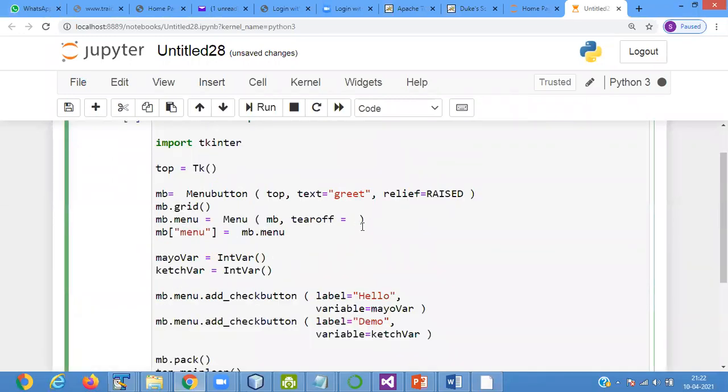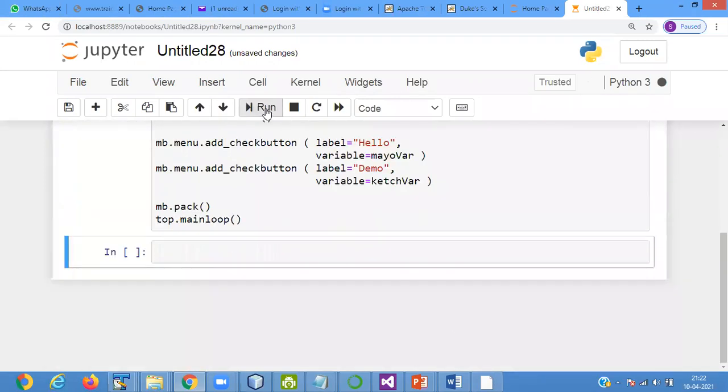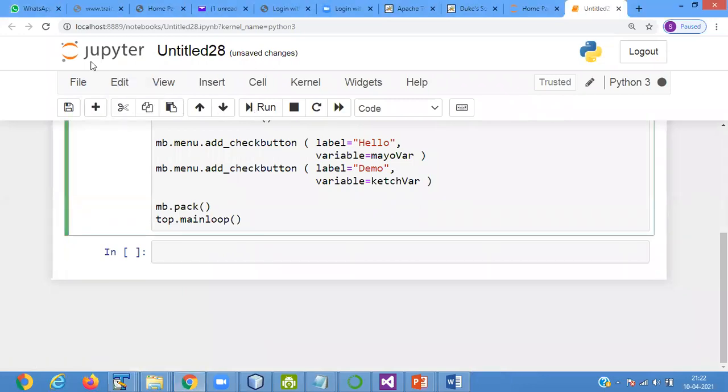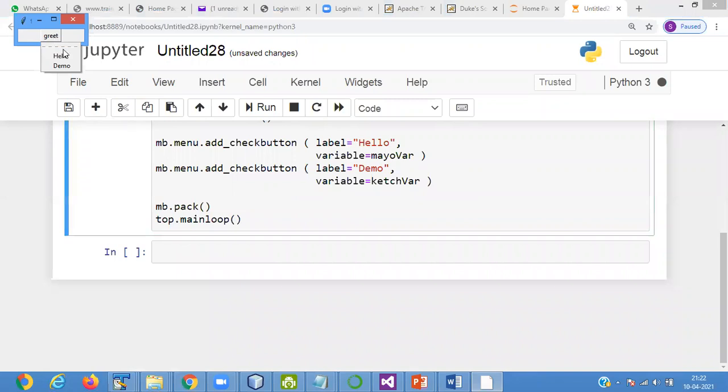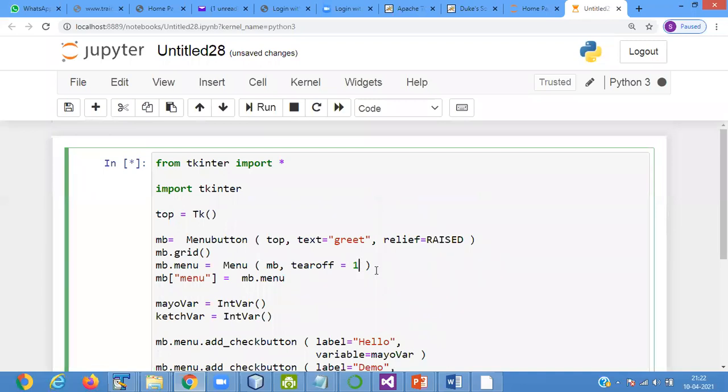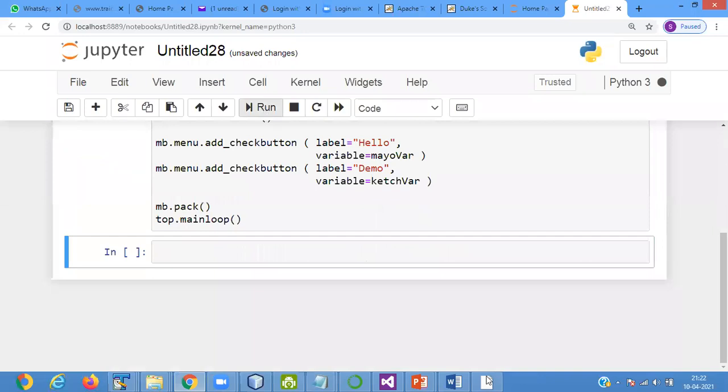Okay, here we passing 1. It is detach the menu. Just I just close it. For detaching the menu, tearoff is used. So always you have to use tearoff 0. Then what happened? See the output.